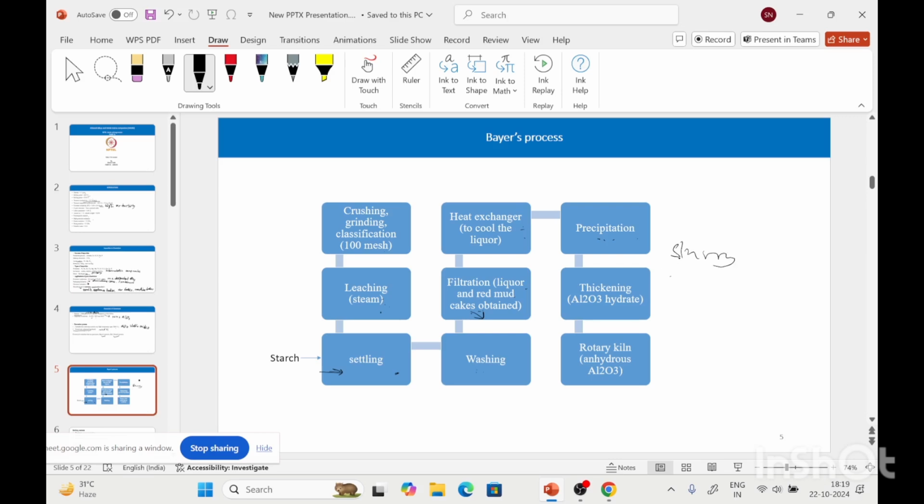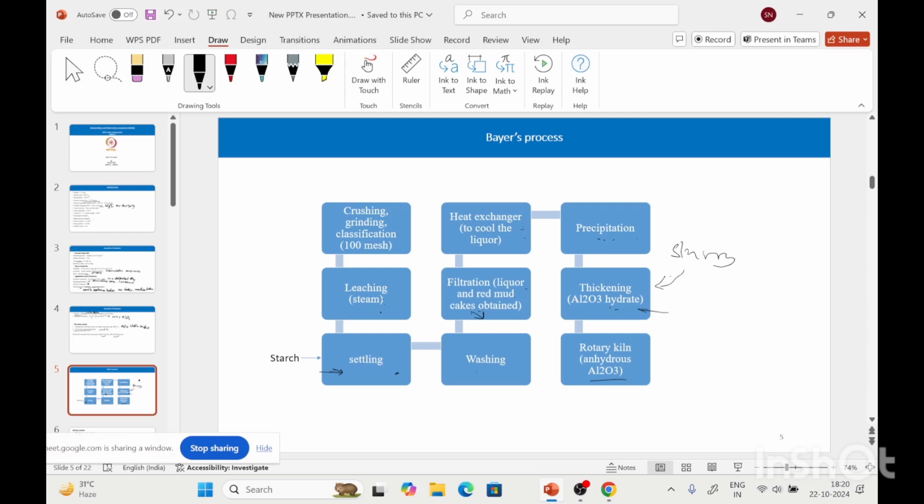That slurry is fed to the thickening process, in which the Al2O3 hydrate is obtained. Then that Al2O3 hydrate is fed to the rotary kiln to form the anhydrous alumina. And this anhydrous alumina is further fed to the Hall-Héroult process, in which the